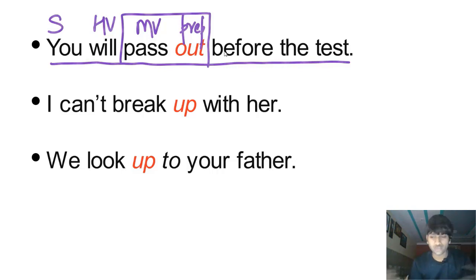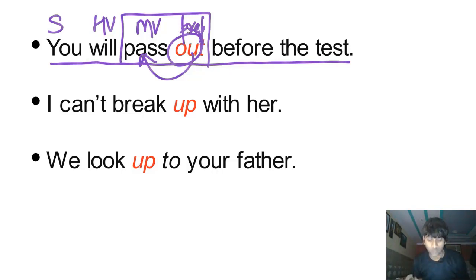So pass out means to lose your consciousness. So out here is essential to the meaning of the verb pass. If you take it out and read the sentence without it, the sentence will have a different meaning. You will pass before the test. You will pass before giving the test. This is what the sentence means without the preposition, which is not the meaning the sentence intends to give. Will pass out,